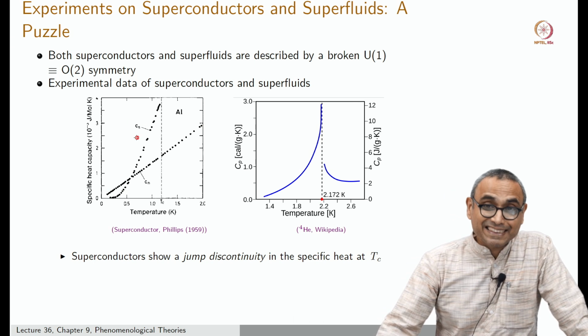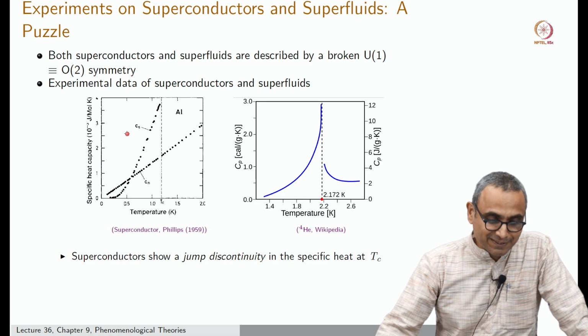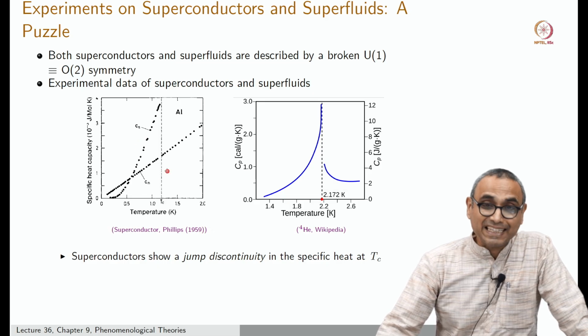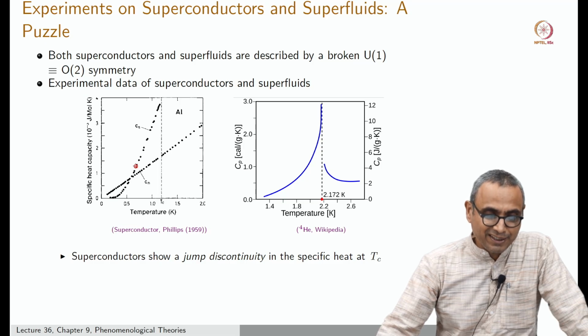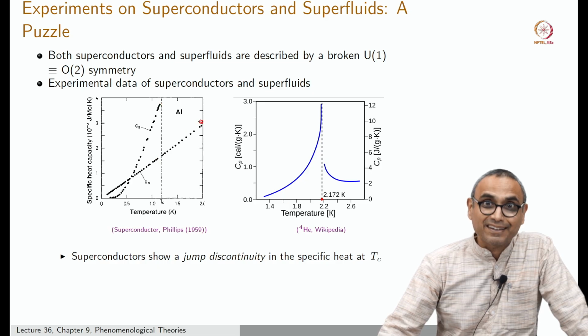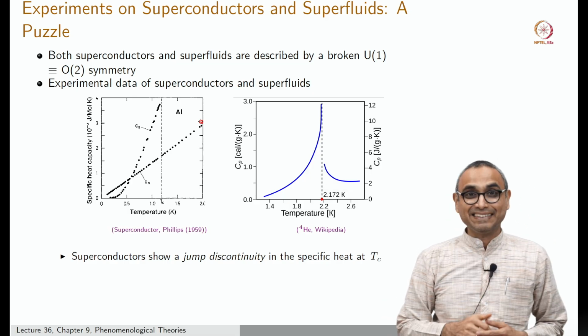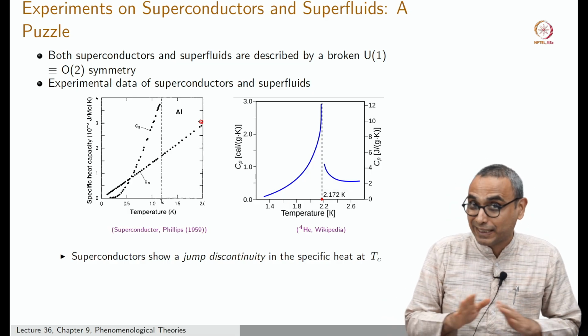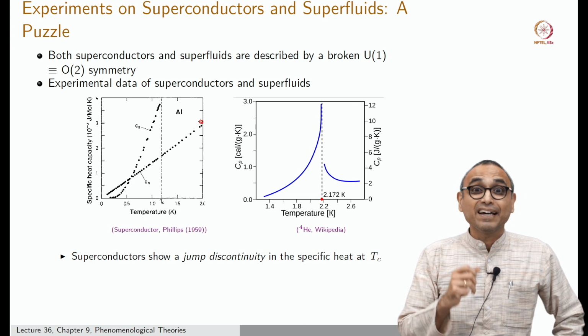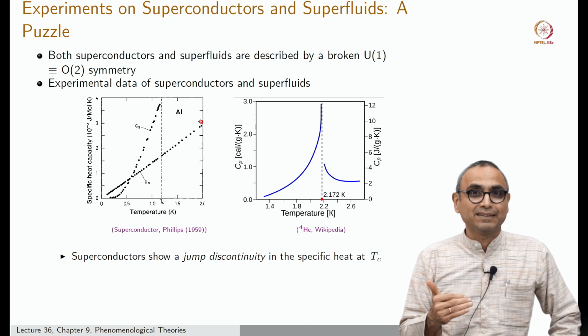Cs stands for the superconducting specific heat, and Cn stands for the normal specific heat. So, how should you read this graph? You should read it as the superconducting specific heat going up, and this is Tc at which the superconducting transition takes place. At that Tc, it jumps down and then it follows this. So, you see exactly a jump in the specific heat, just as predicted by Landau theory, in 3 spatial dimensions.